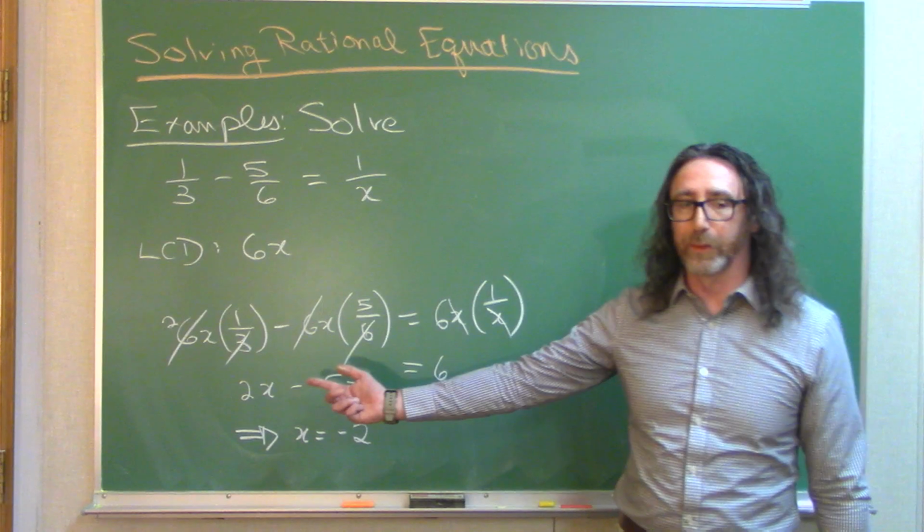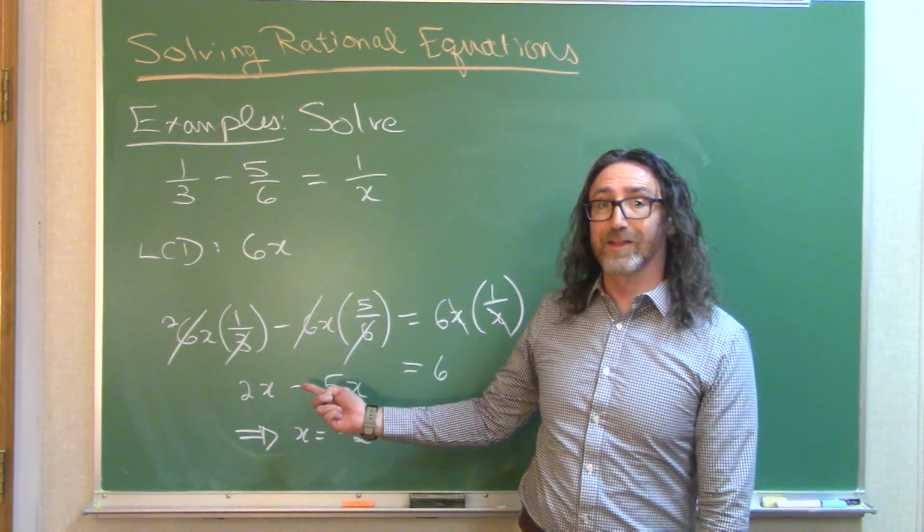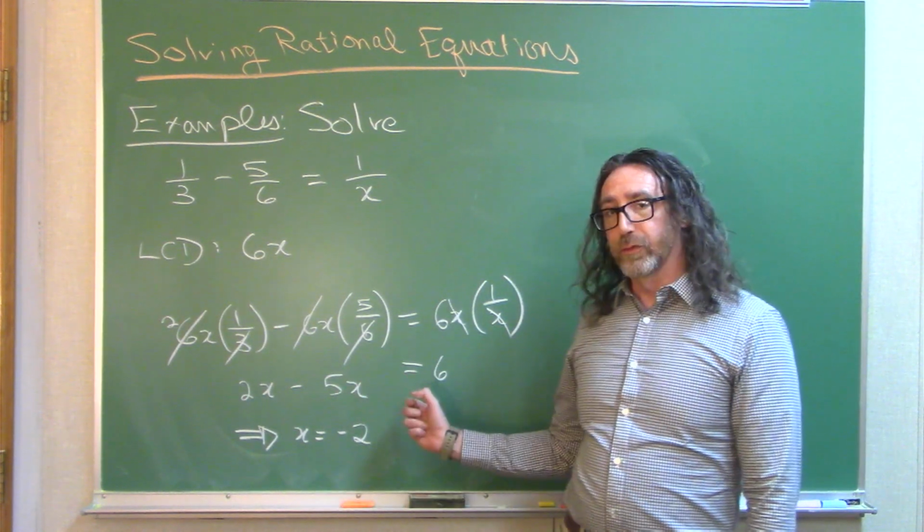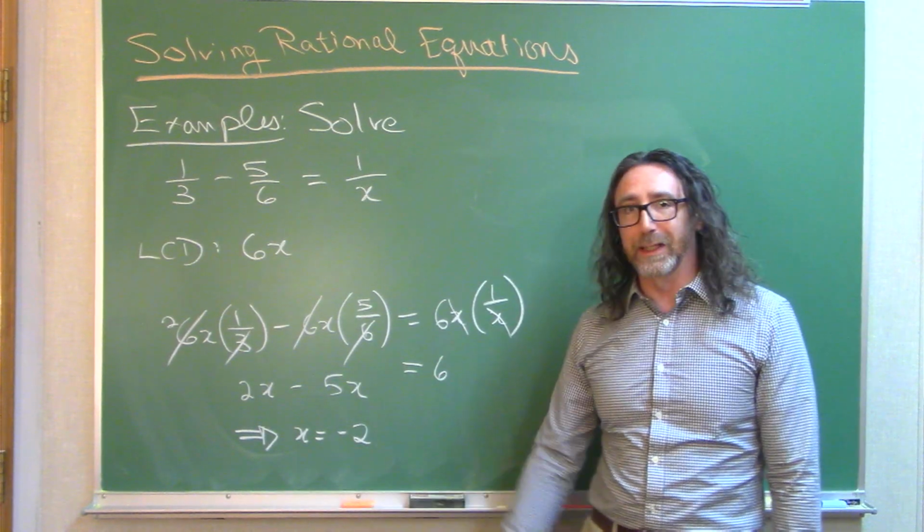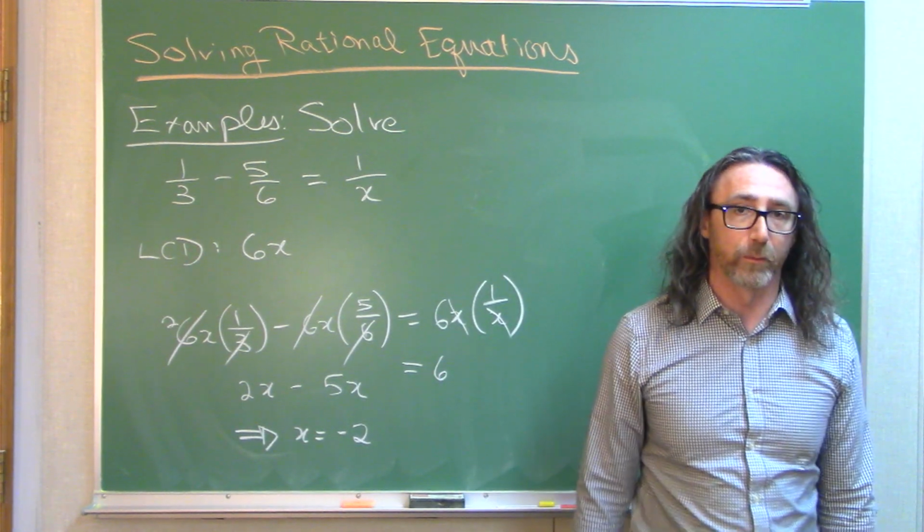All right, over here we can combine like terms. 2x minus 5x is negative 3x. If negative 3x equals 6, that must mean x is negative 2. Okay, so